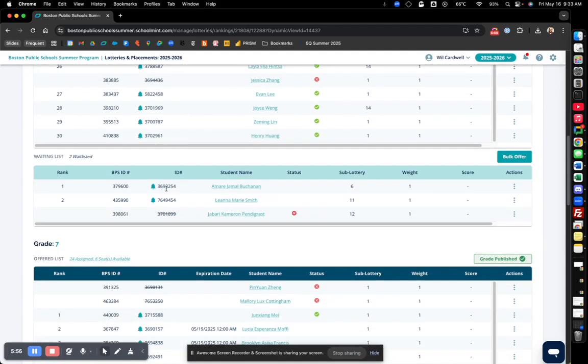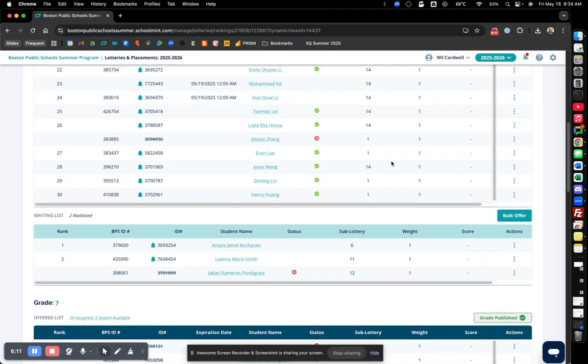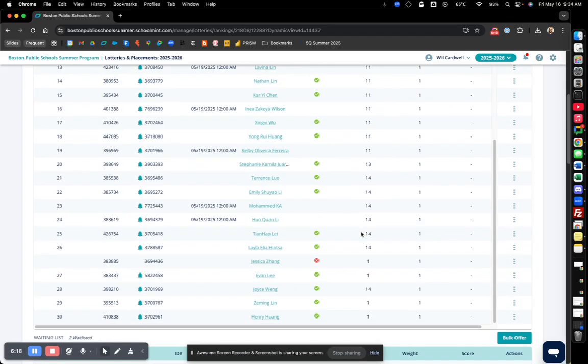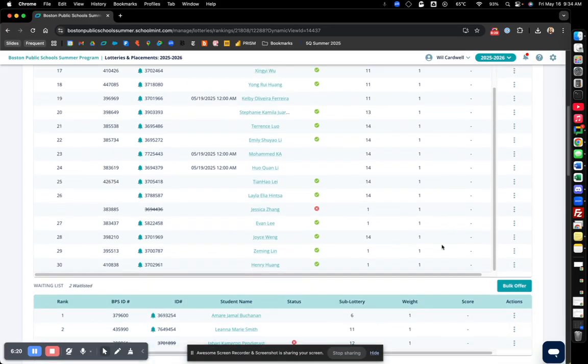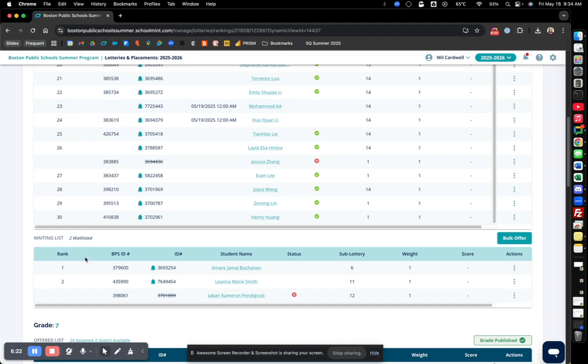And then next, you'll see students on the wait list. So here, there are 2 students on a wait list and 1 student who was waitlisted for the program, but they may have accepted a seat elsewhere. So therefore, they're marked as declined, which means they don't need to be bumped up the list should any of these statuses change. And so if any of the families that did accept the seat come back and decline, then what will take place is the 2 students here will bump up and they will be offered the next 2